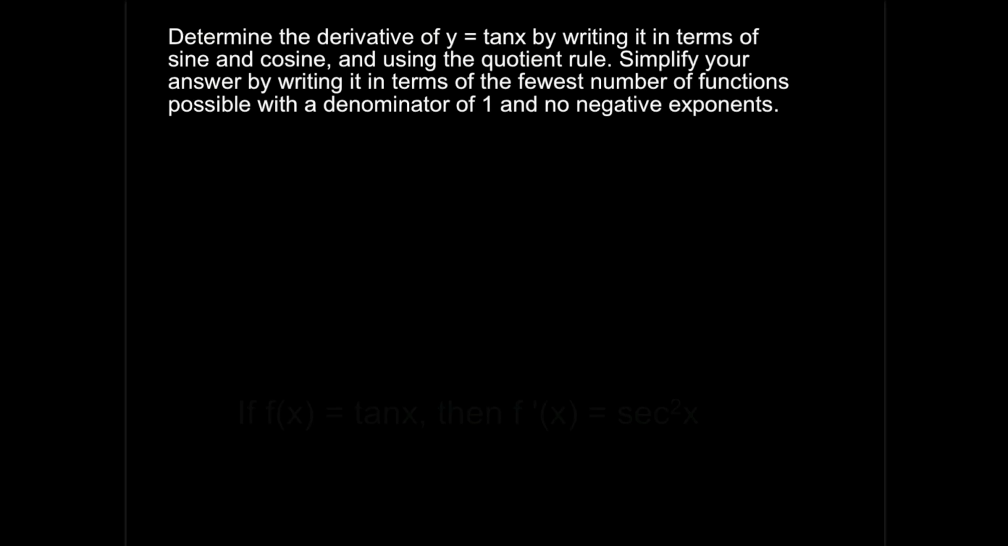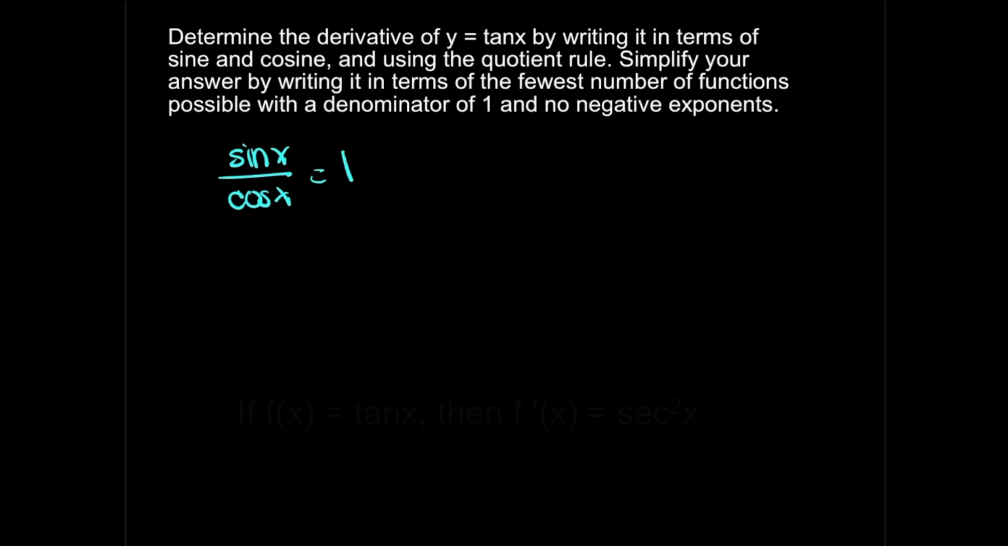So let's start by looking at the derivative of y equals tan x. And we're going to tackle this by writing it in terms of sine and cosine, and then using our regular derivative quotient rule to find the derivative. At the end, we want to simplify our answer by writing it in terms of the fewest number of functions possible, with a denominator of 1 and no negative exponents. And that's where your trig identity handout is going to come in. So remembering back to functions, we hopefully remember that if I have sine of x over cosine of x,